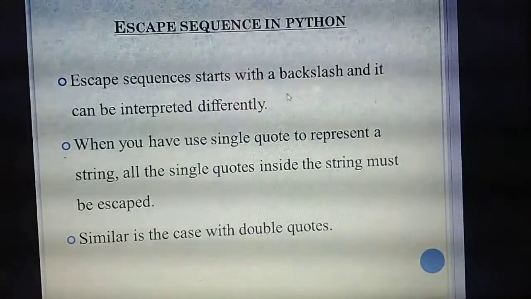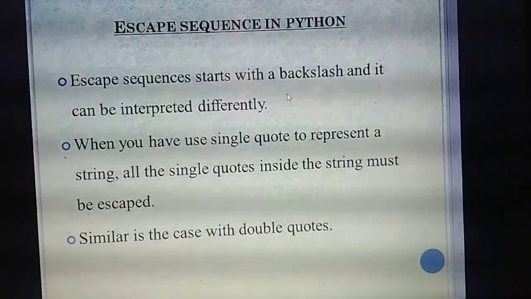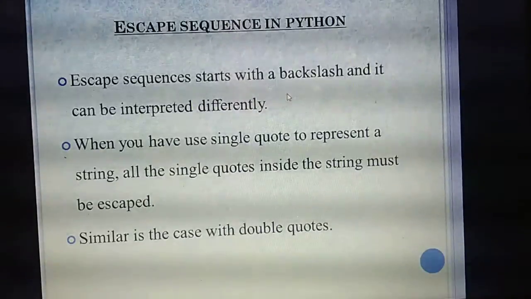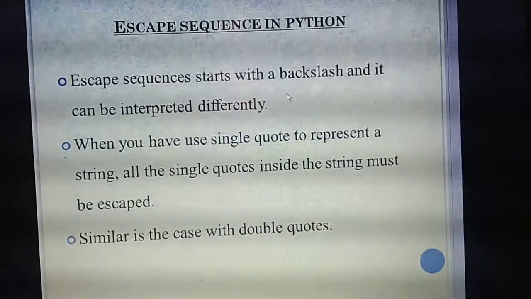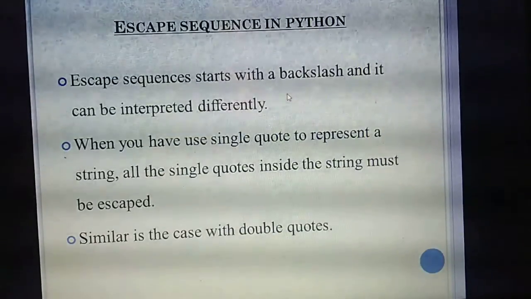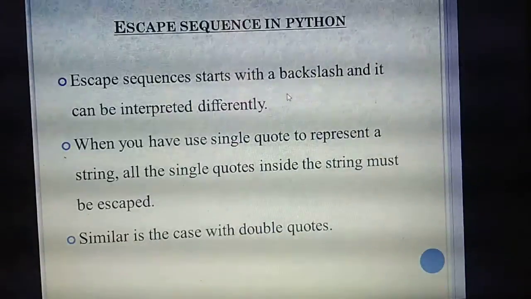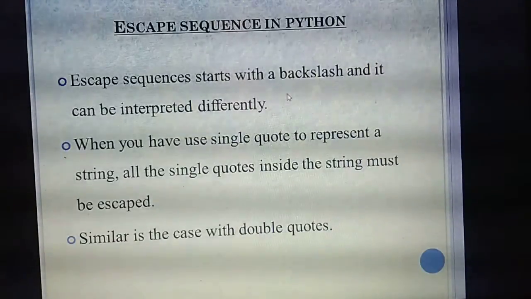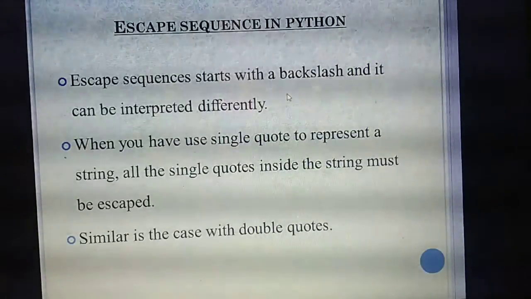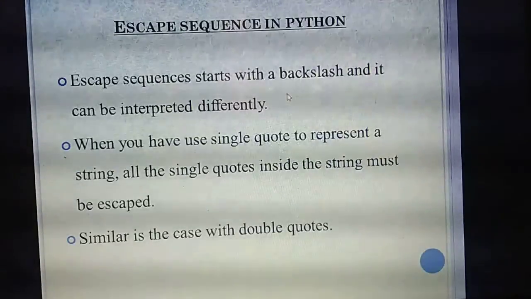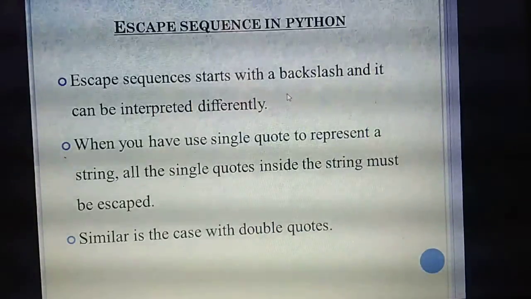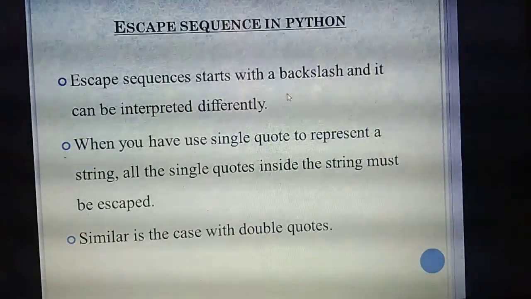If you are giving strings, paragraphs or sentences in Python, you should give them in single quotes, double quotes or triple quotes. Some characters come with an apostrophe, so you can't give them in single quotes; you should use triple quotes or double quotes, isn't it? But using the escape sequence, you can use single quotes even if you are using apostrophes.